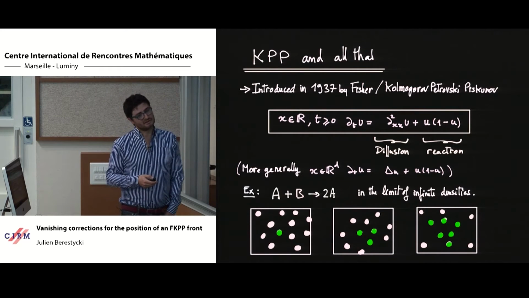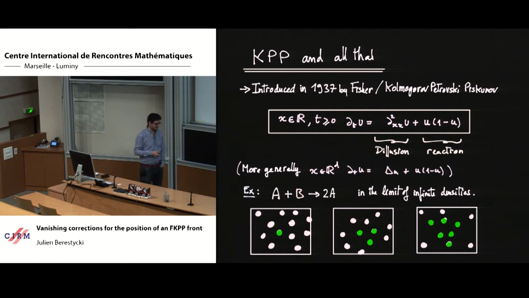Okay? And why is it called a reaction diffusion? Well, if you think, for instance, about a chemical reaction in which you have two species, A and B, and they react in this way. So one molecule of A combined with one molecule of B gives two A's. And you start with one, so my A molecules are green here. So they live in some medium and they move around. And when they meet, they perform this reaction, okay? And so what you're going to see, of course, if you wait a little bit, is this